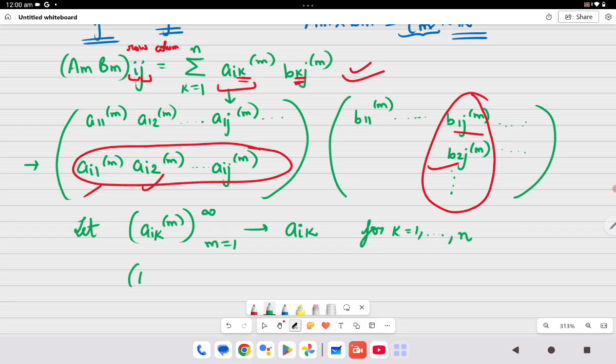And if I let this sequence bkj m, where m is running from 1 till infinity, is convergent to say bkj again for k equal to 1 to so on till n,